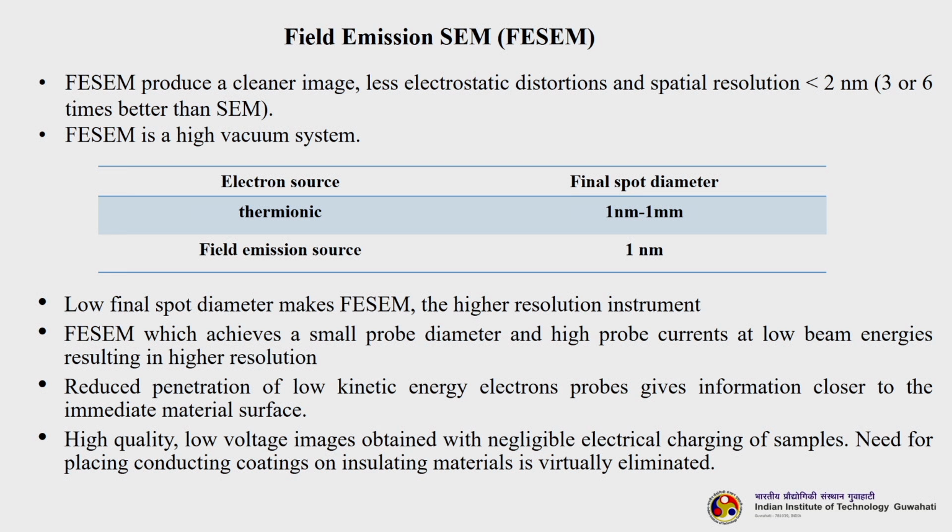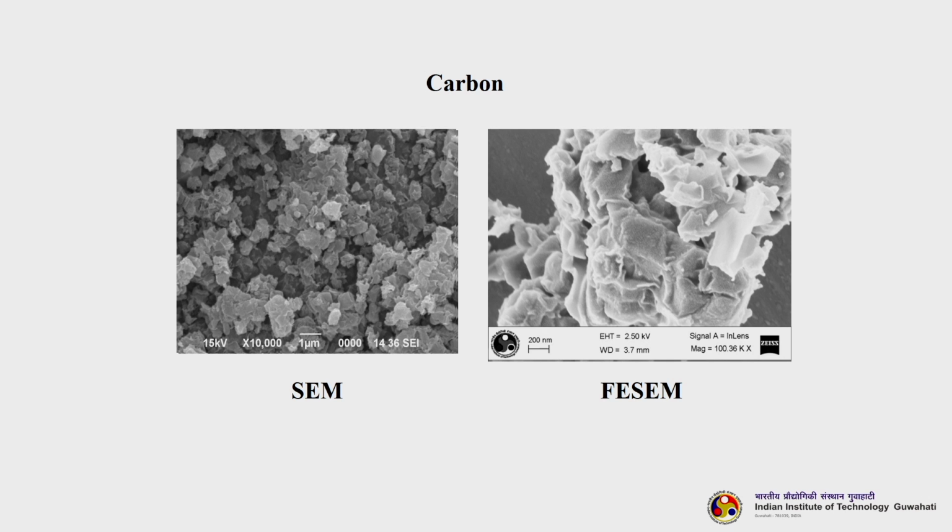Let us understand quickly that FESEM is a technique in which field emission is used, and its resolution is 3 to 6 times higher than the resolution of the usual SEM. So, you can see this image will be very clear. This is a SEM image of carbon particles. Here you can see that the particles are also clearly visible. However, if we use FESEM on the same material, it will give distinct features, a more clear, higher resolution and brighter image. Okay.